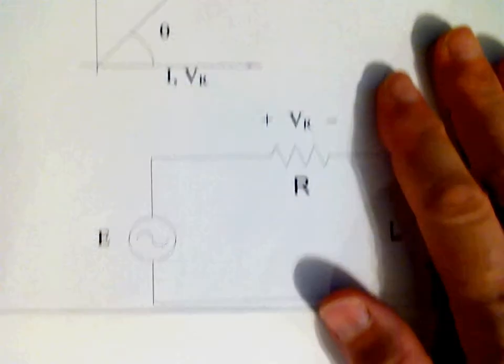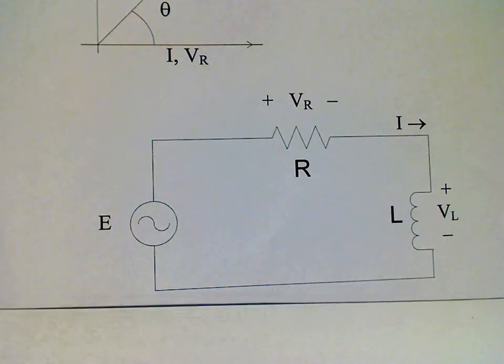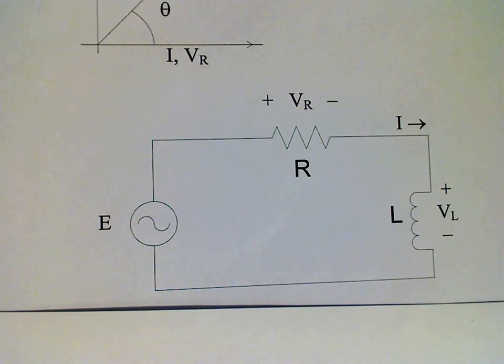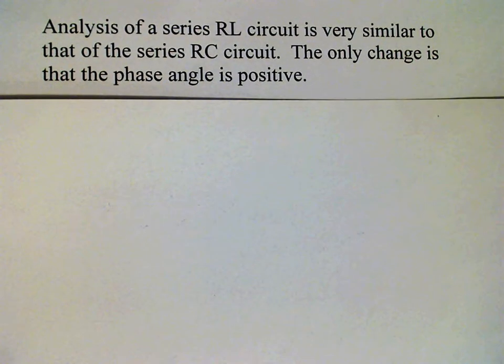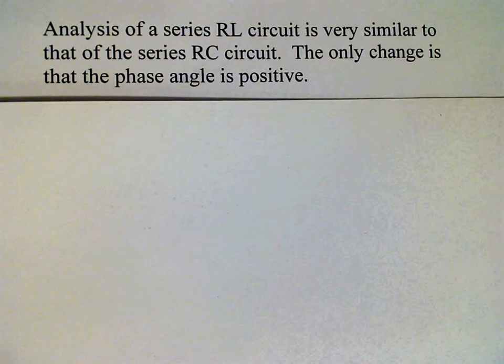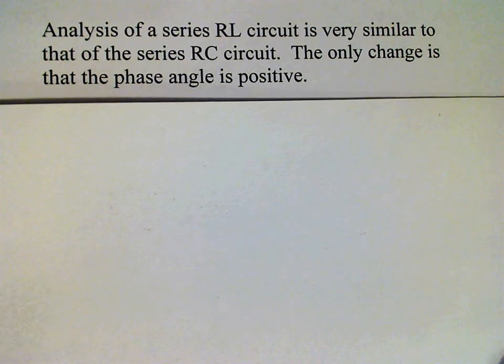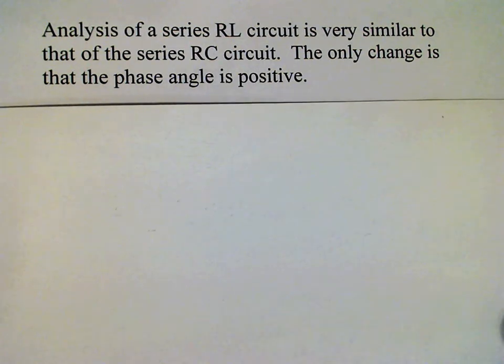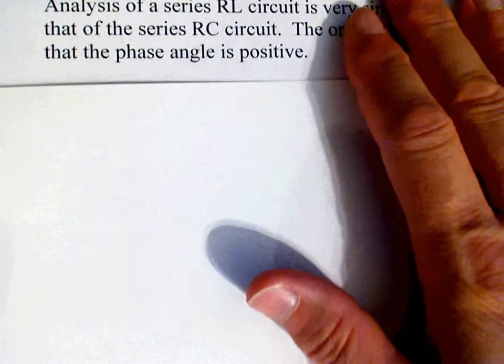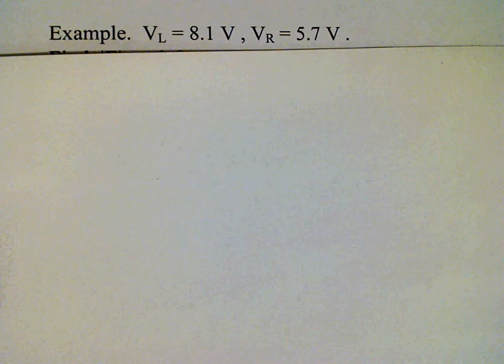Okay, so here's a typical diagram for an RL circuit. And analysis of an RL circuit is very similar to what we've already done with an RC circuit. The only difference is that the phase angle is going to be positive instead of negative. Okay, so for example, we have